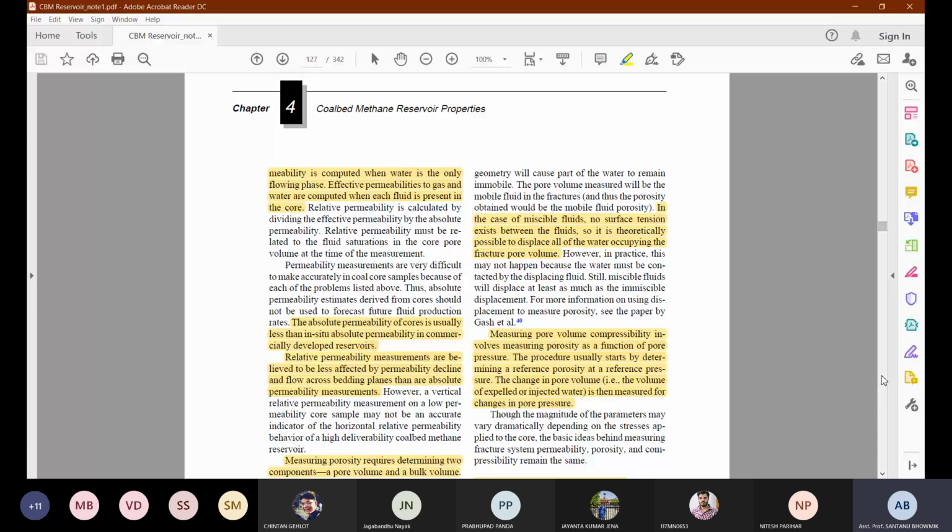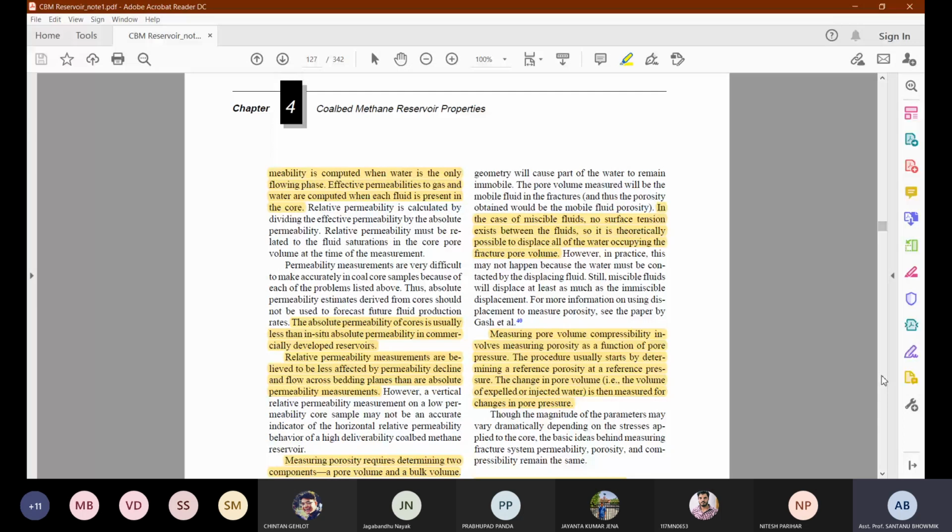In the case when it is not totally saturated, you are going to relate the absolute permeability in the commercially developed reservoirs. What are commercially developed reservoirs? That means it has the total concept of the apertures connected with the fluid flow network, and it is in situ. And in situ, you know that there are cleats, there are apertures, there is total heterogeneity and anisotropy, so the water will not be 100% saturation.